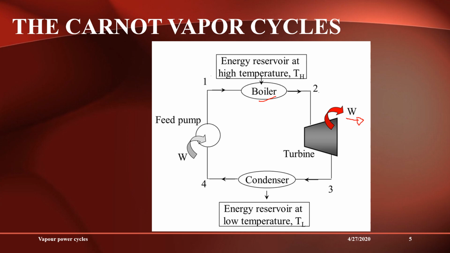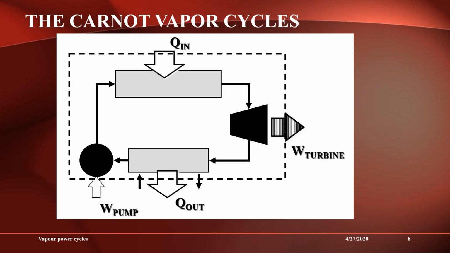So this high pressure vapor expands and reduces its pressure, and after that the heat is rejected inside the condenser at a low temperature, and the condensate liquid is pumped back to the boiler again. We have a pump, or a compressor we can use here. So pump or compressor, whatever it may be, we can use. So this is the schematic of the diagram, and you can see the same schematic.